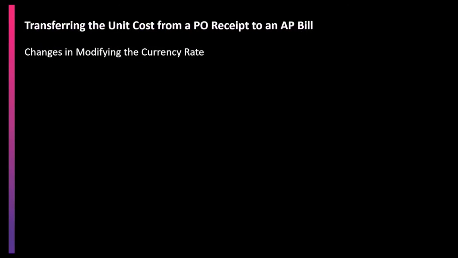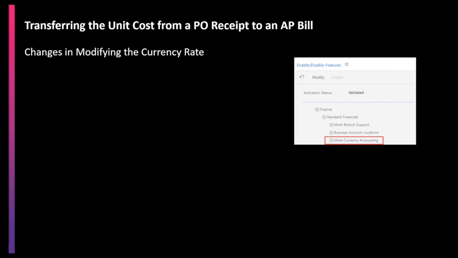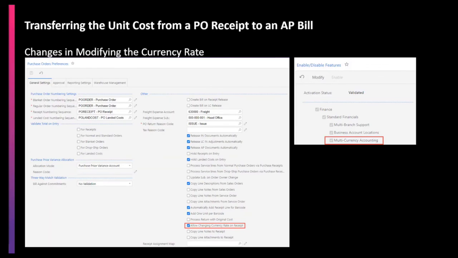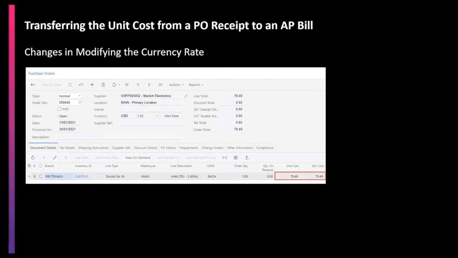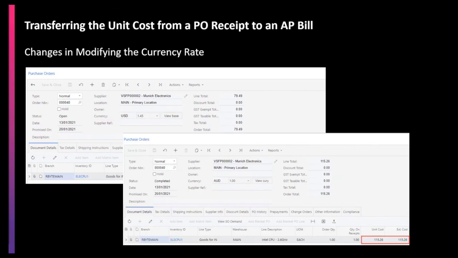You can now change the currency rate for the AP bill from the purchase receipt screen. To access this functionality, you need to have multi-currency accounting enabled, the Allow Changing Currency Rate on Receipt checkbox selected in Purchase Order Preferences, and Enable Rate Override selected on the supplier screen. Here we have a purchase order that I've entered for a foreign currency supplier with a US dollar exchange rate of $1.45. You can see that the unit cost is $79.49, and if we look at the base currency, it